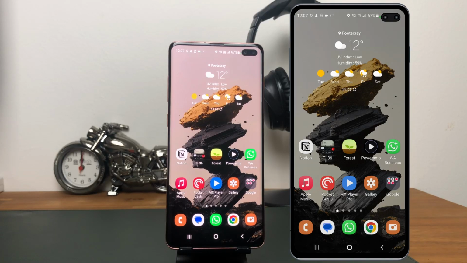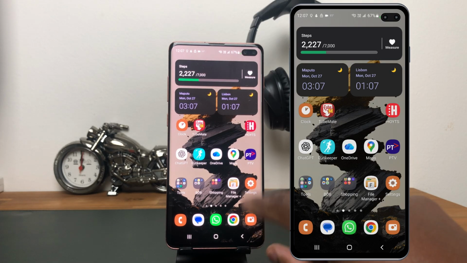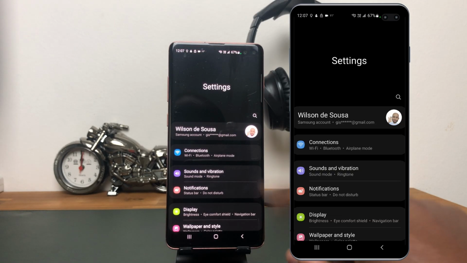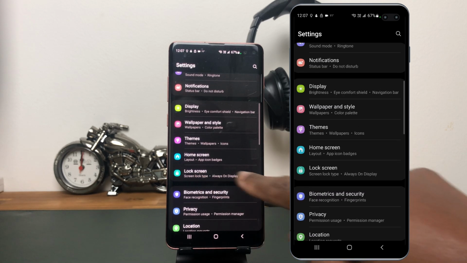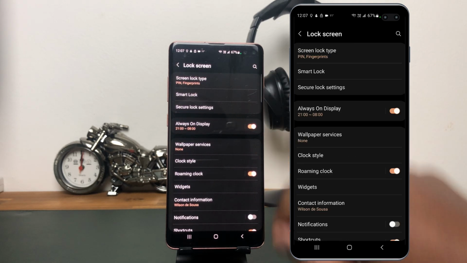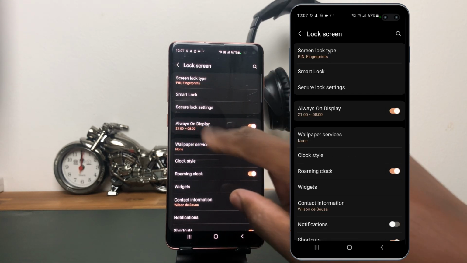To set always on display, let's go to the settings. Mine is right here. Tap there. Now inside settings, scroll down until you find lock screen. Tap there. And then right here at the top, you will see we have the option to set always on